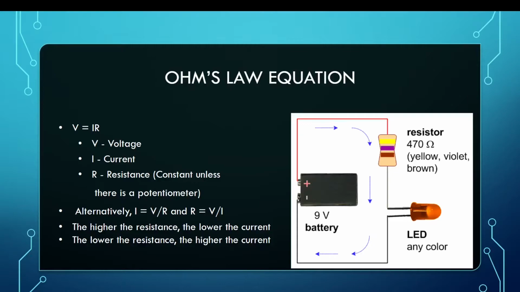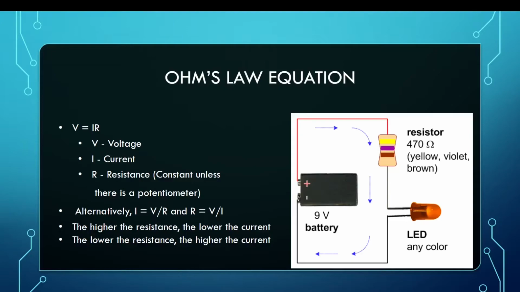And R is constant unless there's a potentiometer. If there's a potentiometer, then R is a variable. A potentiometer is another way of saying that R can change through twisting and turning a knob. Alternatively, if you want to find current, you do a little bit of algebra and it becomes voltage over resistance. And if you want to find